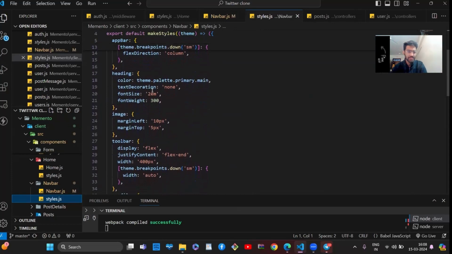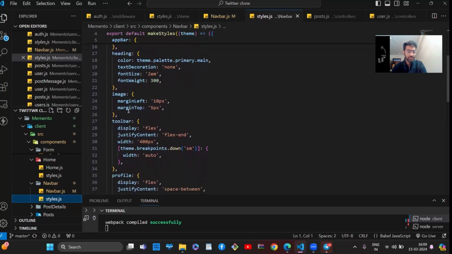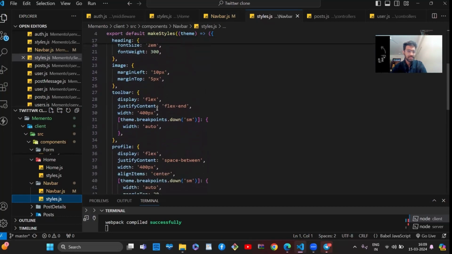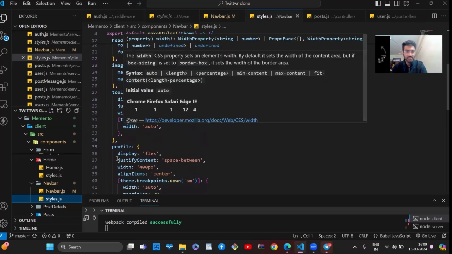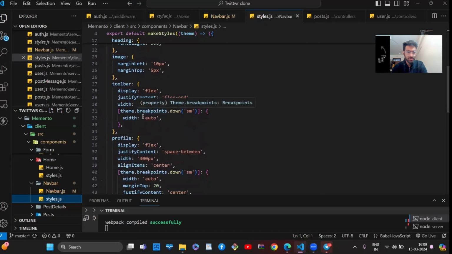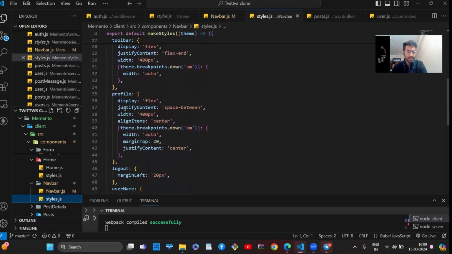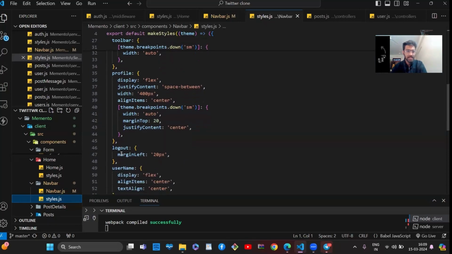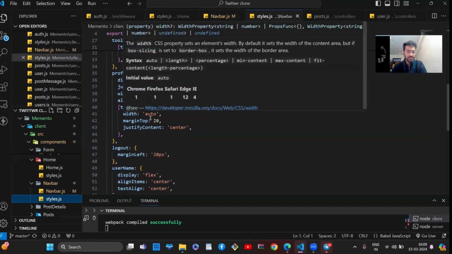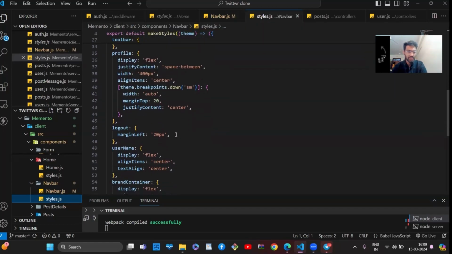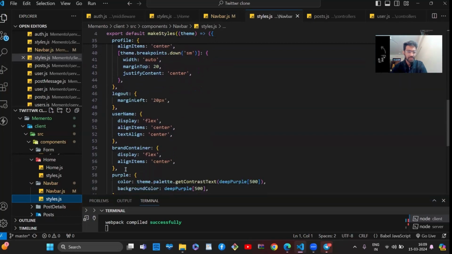Then we have font size 2, text decoration none, font weight 300, image of the user is 10 pixel left, 5 pixel top. Then toolbar, its styling is done by display flex, justify content flex-end. Width is 400 pixels. Width is set to auto. Then the profile picture, display is done flex, justify content space between. Width is 400 pixel. Align items is center. Then width is auto, margin top is 20, justify content 20, then the logout button, then the username, flex center,